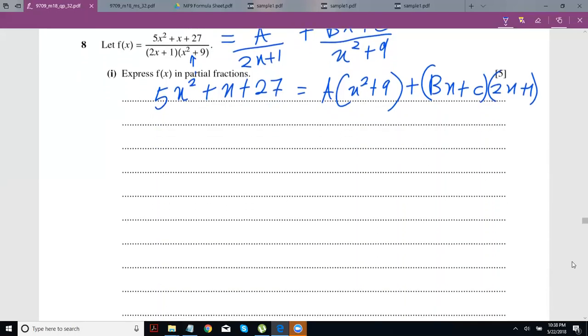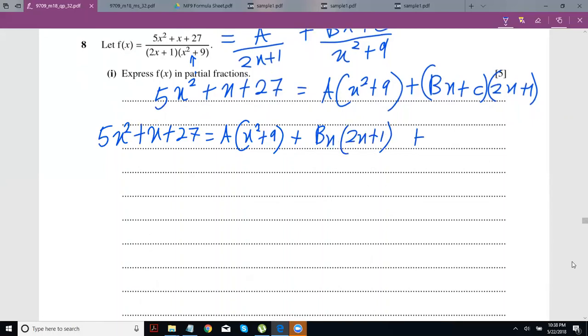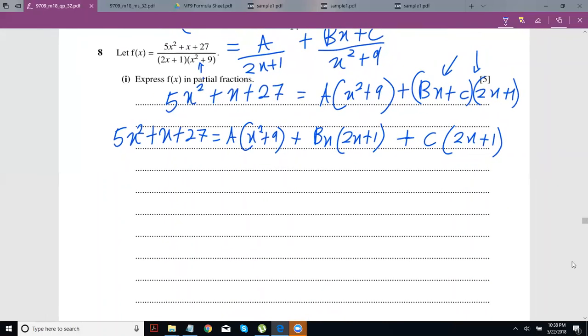And if you want to, you can further simplify that. You could write (2x plus 1) with (Bx plus C), rather than just keeping these as separate brackets. Okay, so